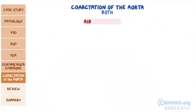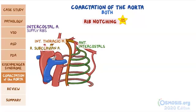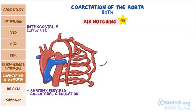Another important clue is rib notching. See, normally the intercostal arteries supply the ribs. The anterior intercostal arteries come from the internal thoracic artery, a branch of the right subclavian. And the posterior intercostals come from the descending aorta. This anatomy actually provides a collateral circulation to bypass the narrowing, which is good, but the problem is these intercostal arteries are now under such high pressure that they eventually dilate. These dilated arteries rub up against the ribs, and over time, the ribs can develop notches